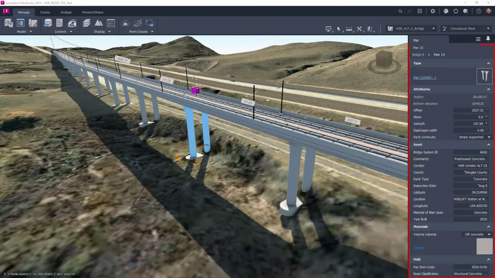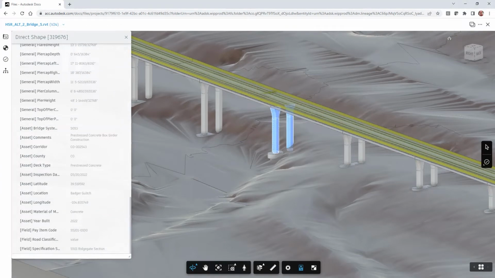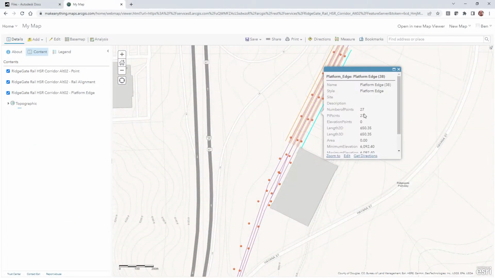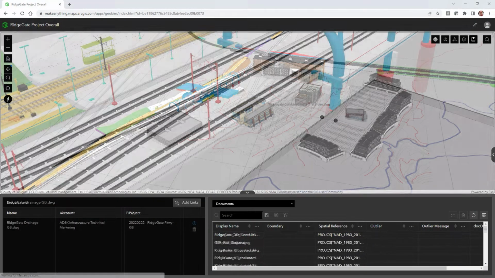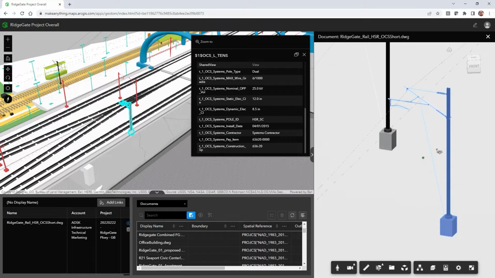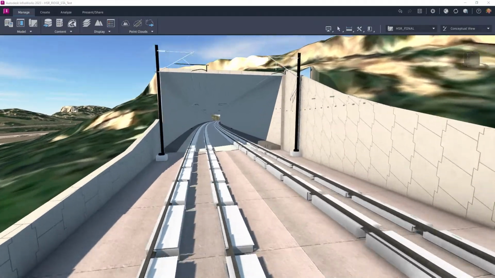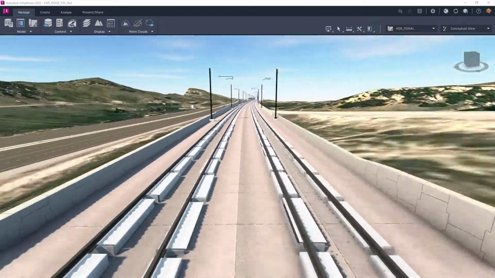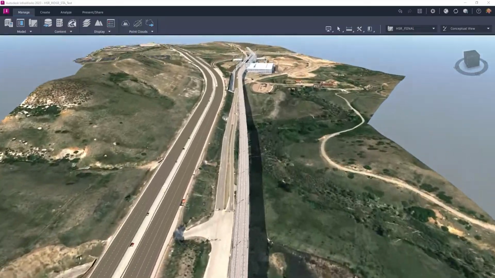Asset data and property set details are now utilized to provide more information about specific project elements. The final project documents are also published to ArcGIS for future access, including the same metadata. Through the BIM 360 and ArcGIS connection, these project files are accessed and referenced to provide a complete digital twin model. The final model reflects the correct project geometry and associated metadata, both of which are used for asset maintenance and operations throughout the lifecycle of the asset.